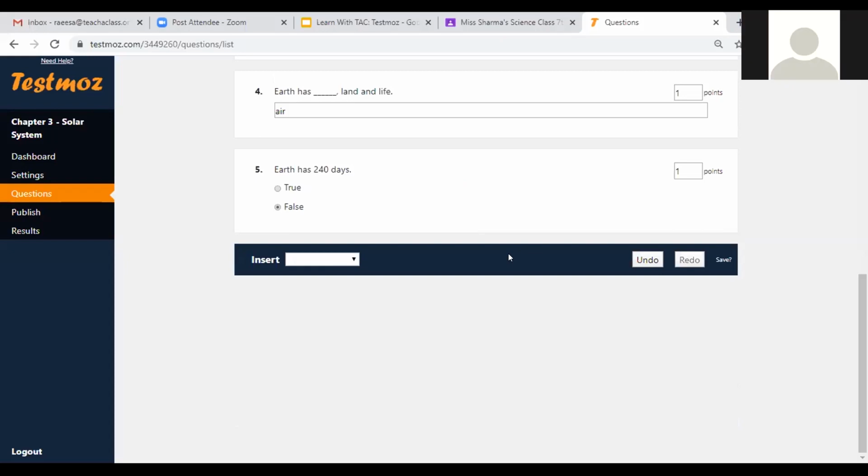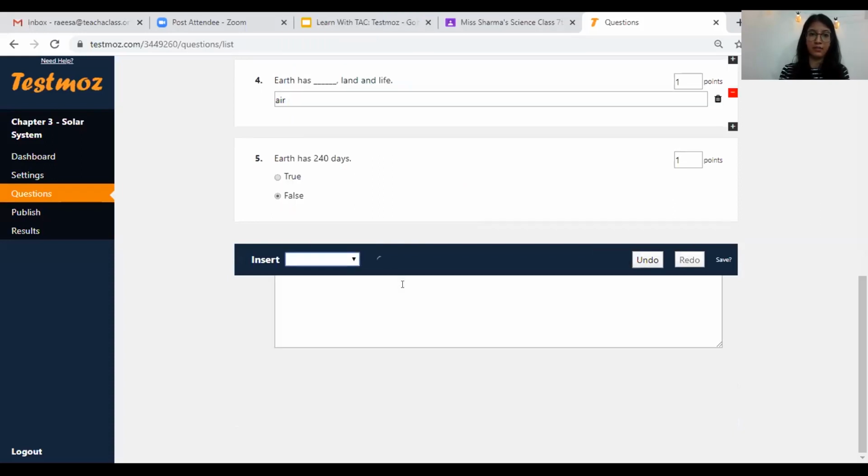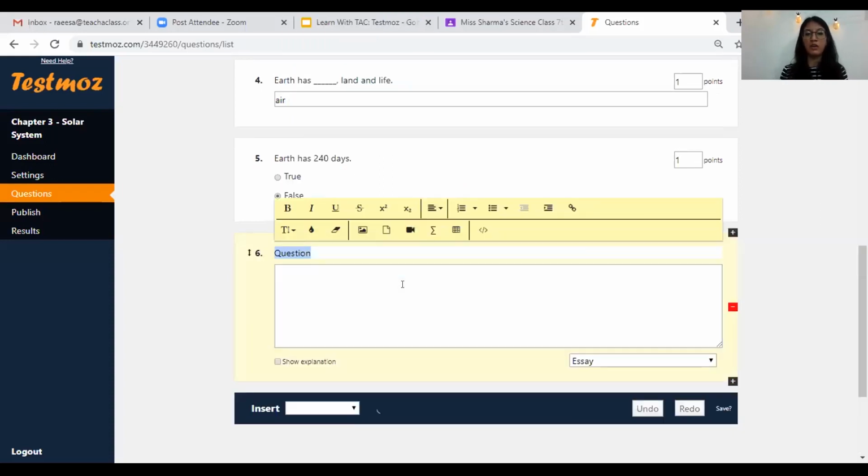Now I'm going to go over to the last question type, that is essay. Now here is where you will use this question for your short answers and your long answers.